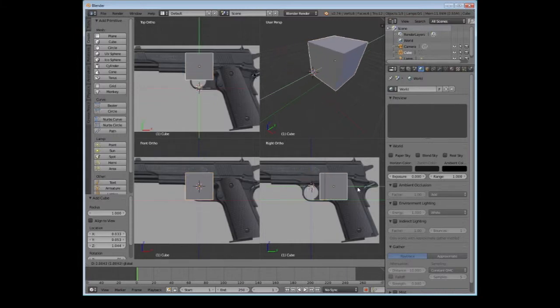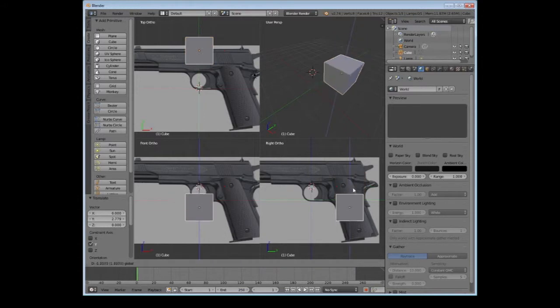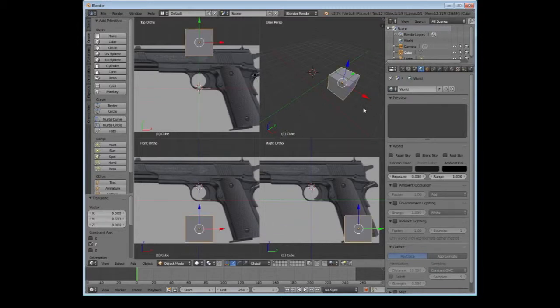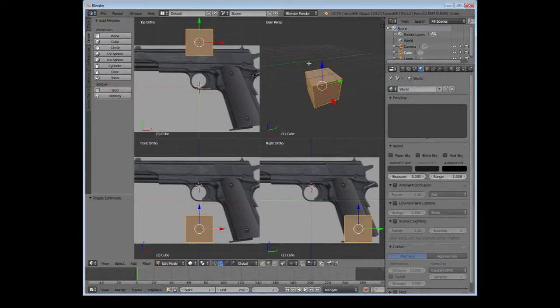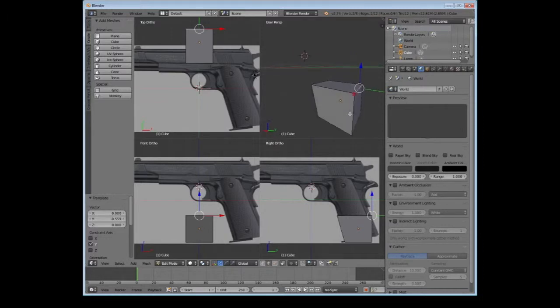What I'm going to do is I'm going to move my cube down to the bottom of the pistol grip. And what we can start to do now is, using this top view here, I can hover my mouse and I can still pan around in this view to kind of get the best view. Let's go into edit mode and let's start working. I'm going to use the edge select tool first of all to drag over the edge to get them roughly in the right location. Over here, I'm going to use the face select tool and I'm going to start extruding